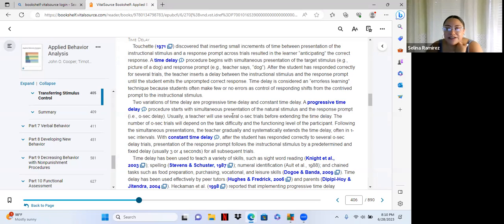Okay, so for progressive, you're basically using your shaping, right? You're doing like 1 second, 2 second, 3 second. So for progressive, we're extending the time. And then with constant, it's just like, okay, 3 seconds every time. We're no longer going to give them the answer. We're going to wait 3 or 4 seconds. And that's mostly